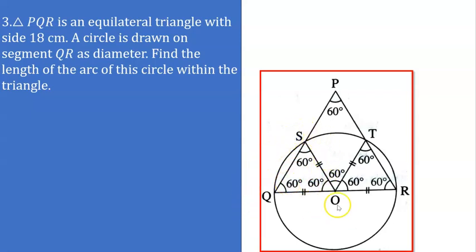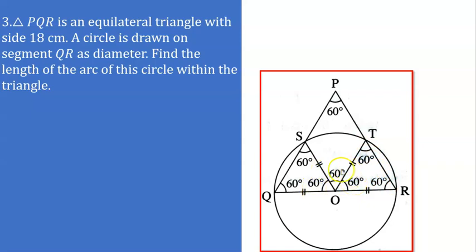And if we consider the triangle SOQ, the measure of these two angles is 60 degree, 60 degree, and the last remaining angle is also 60 degree because the sum of the measures of angles of a triangle is 180. Okay, and hence the measure of this angle is 60 degree. Similarly, for the triangle OTR, the measure of angle R is 60 degree as it is an equilateral triangle, and these two sides are equal, therefore angles opposite to congruent sides are equal, and therefore the measure of angle OTR is also 60 degree, as the measure of these two angles are 60, 60, and therefore the remaining angle is also 60 degree.